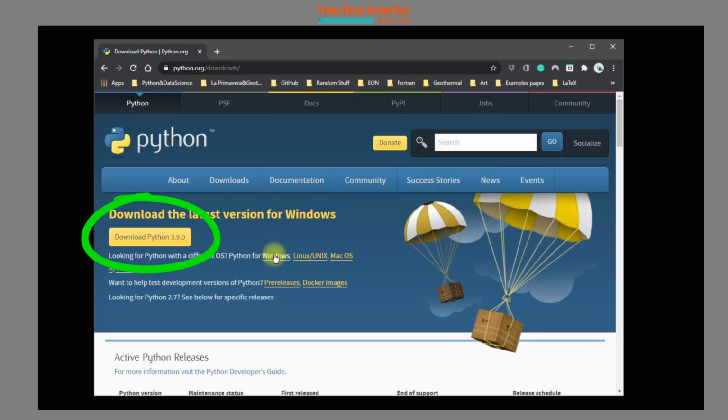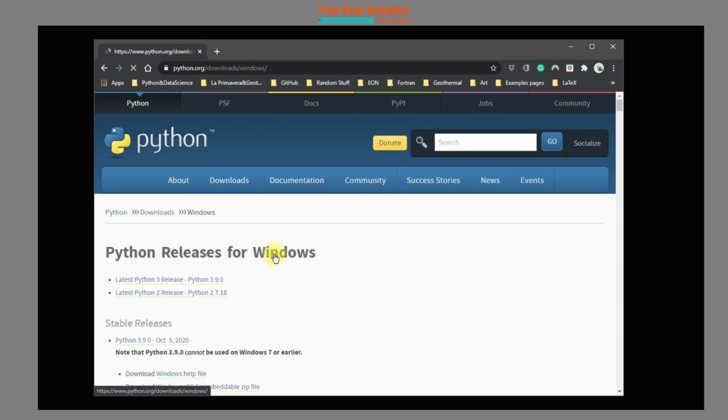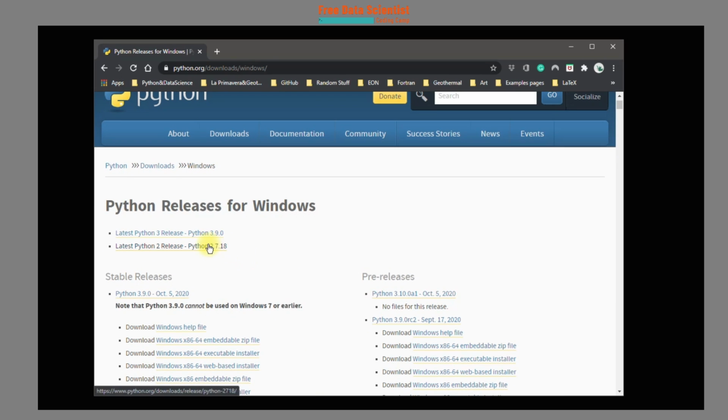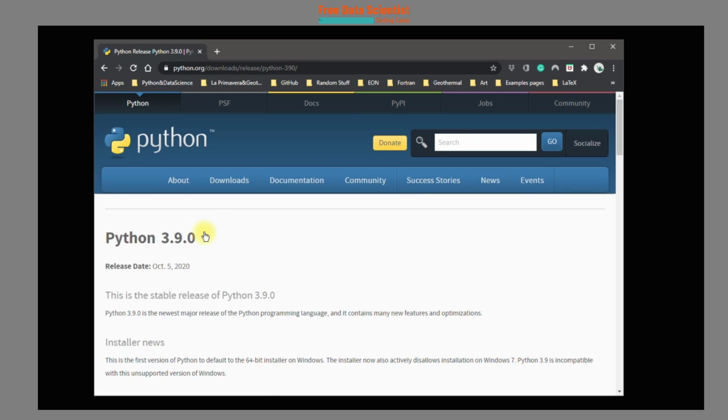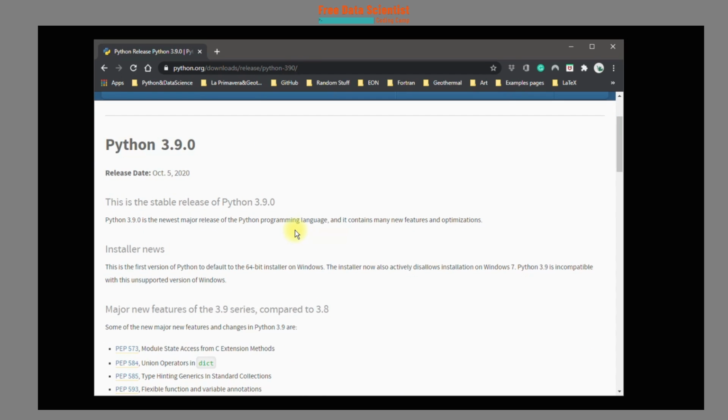But let's first click on the section Windows, while when you want to download a different version, you should click here. After the page loads, the options are here. In this case, it offers the Python 2 versions as well. Python 2 stopped getting updates recently, therefore we will concentrate on learning Python 3. Most of the modules are continuously migrating to Python 3. Let's click on Python 3.9, and when the page loads, you can now download the version you need.